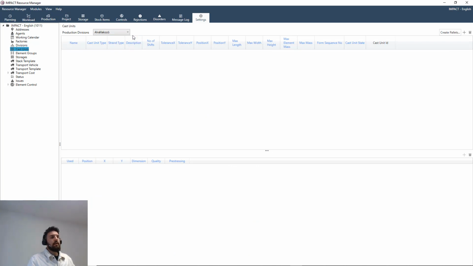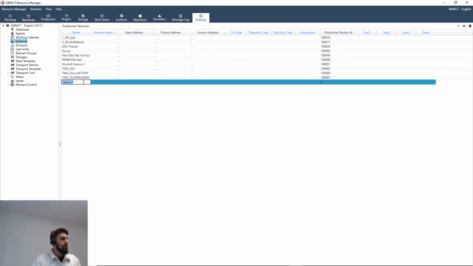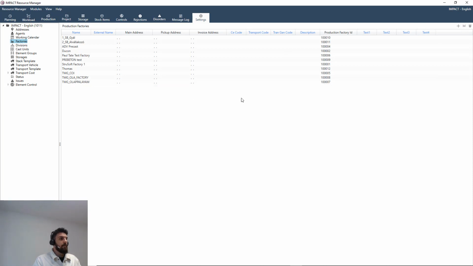However, if you have just purchased the software and you would like to do something like that yourselves, you will realize very fast that if you go down to your software, you will see that there is no possibility for you to create cast units, and that is because we have to go through a little structure. The first thing that we need to make is a factory. So basically you need to create a new factory, call it Thomas, and press save,